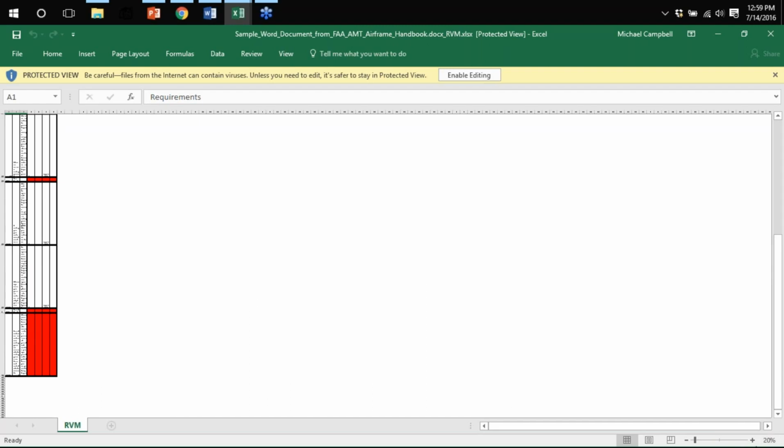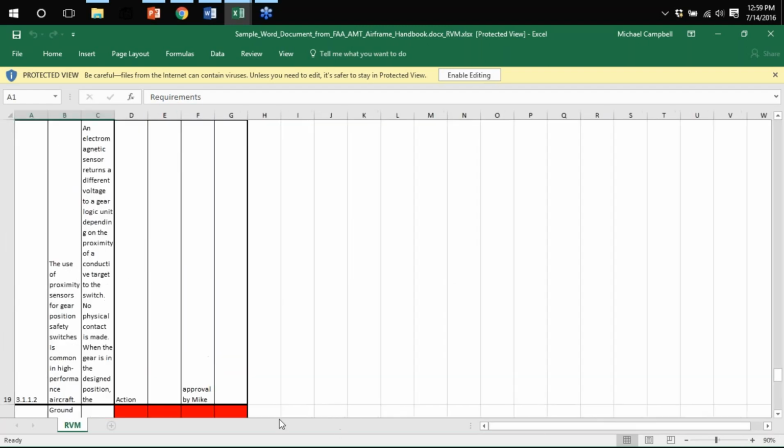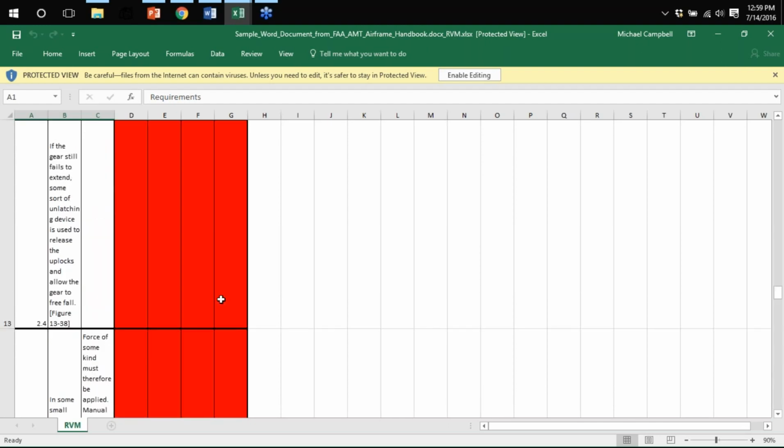And then as we look back at it, this is the verification matrix that you've got. So the use of proximity sensors for gear position safety switches is common, and that's been verified by the action, approved by me or Mike, whoever. So you can see that that's how it's going to lay out once you've done your verification process. Now, as you verify this,